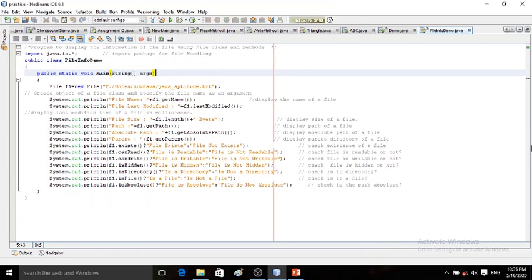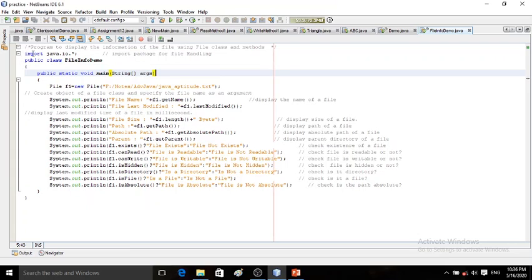So here is one program. Already I have written this. One more important thing about the File class is that it is a built-in class available under the package java.io. So if I want to use the File class, I must import this package.